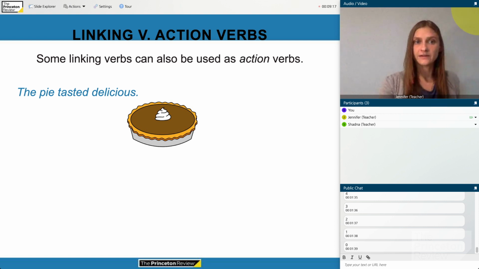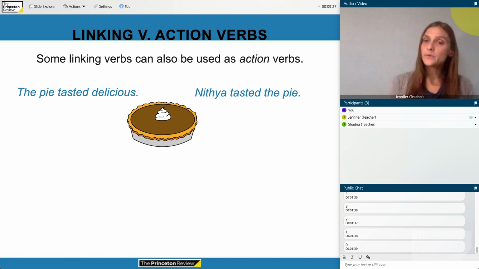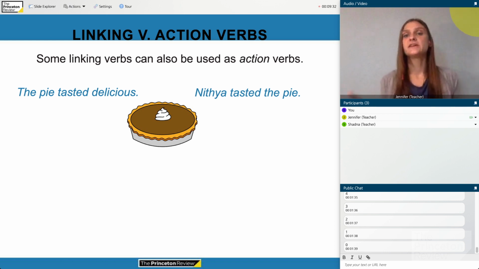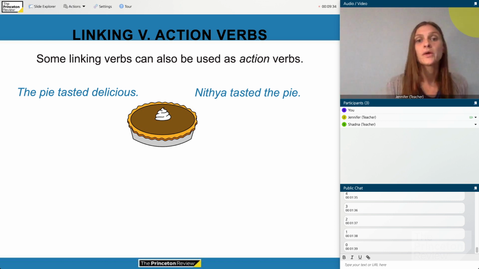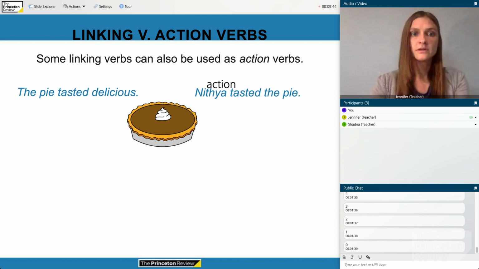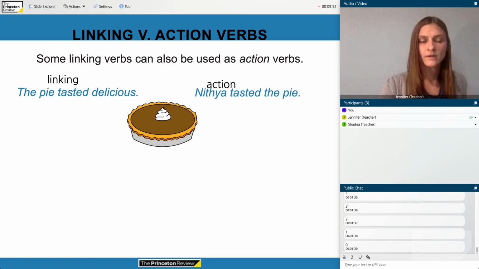But if we take that sentence and we tweak it to say, Nithya tasted the pie. Well, now this is not talking about the sense of taste. Nithya is doing an action, right? Nithya tasted. She tasted what? She tasted the pie. So in this second case, this is not a linking verb. This is an action verb. So let's just write that down so you have it clear here. So action, and then over here, linking in our first sentence. Okay,